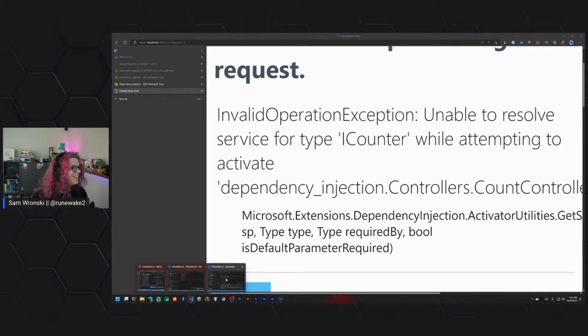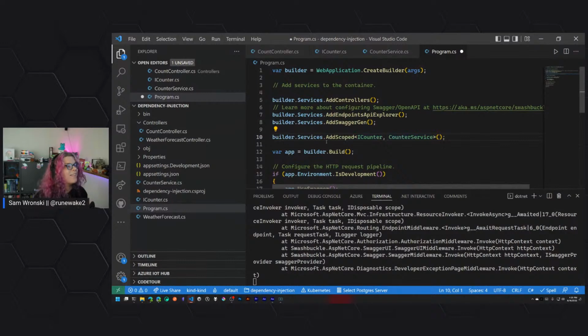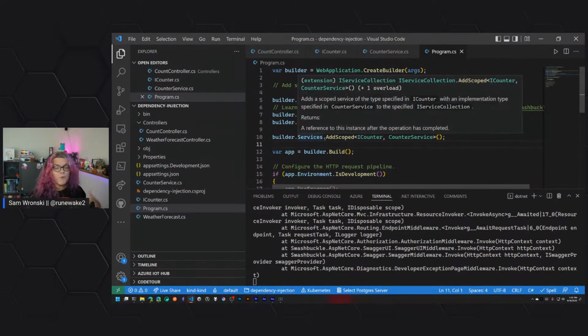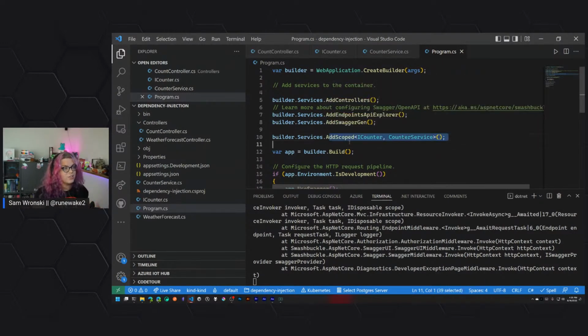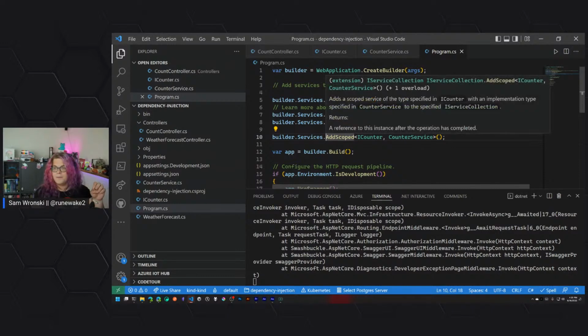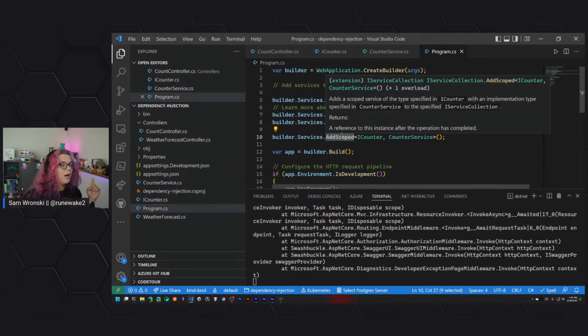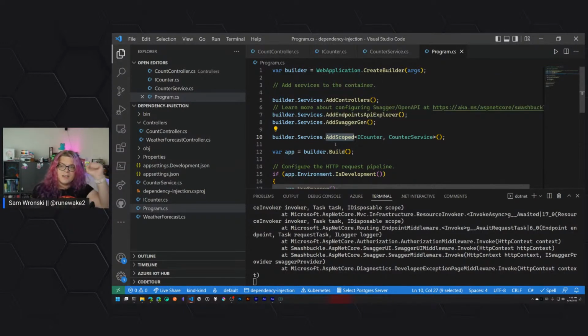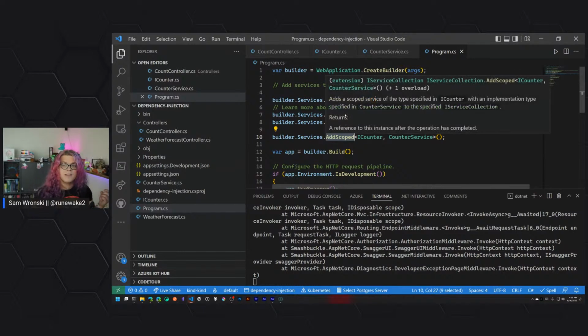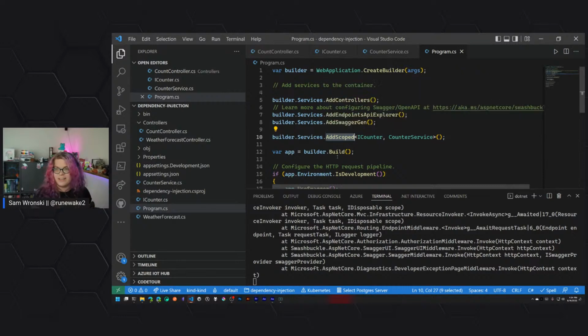Cool. All right. So that works. And then the other thing we should talk about while we're here is scoping. So scoping gives us a way to actually control this. In this case, when we're adding these services, these things that we can dependency inject, we get a whole bunch of different options there. The default that I've chosen is scoped. So scoped is going to be scoped to the specific invocation against your ASP.NET service. So what that means is that every time that I